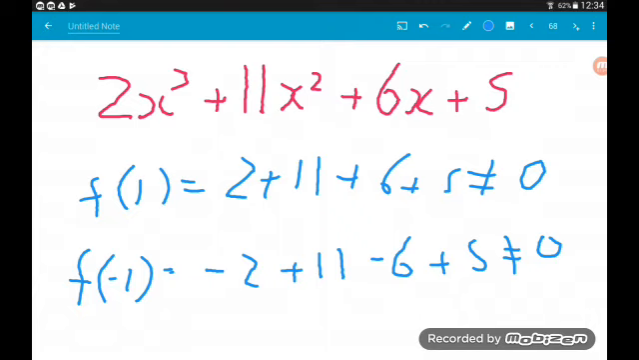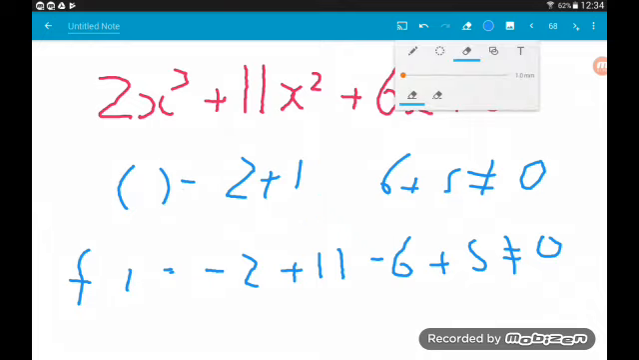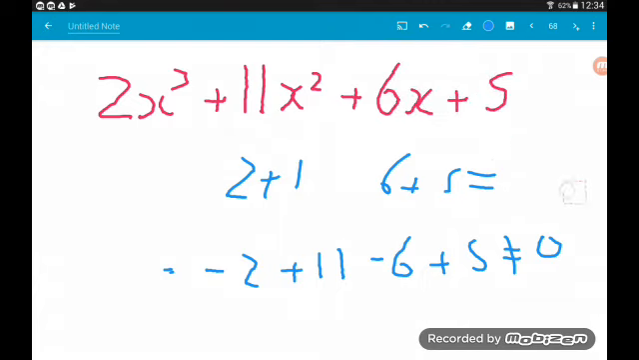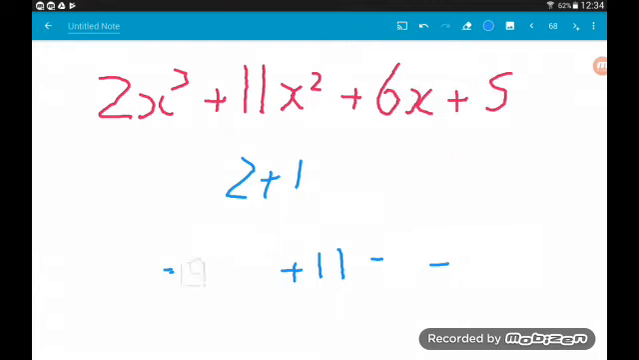So, I'm going to erase this so we don't run out of room. So, what should we try next then for the old factor theorem? Should we try 2? Should we try 3? No. Look at the number at the end of the cubic. It's a 5. So, the next sensible thing to try would be a 5. So, f of 5,